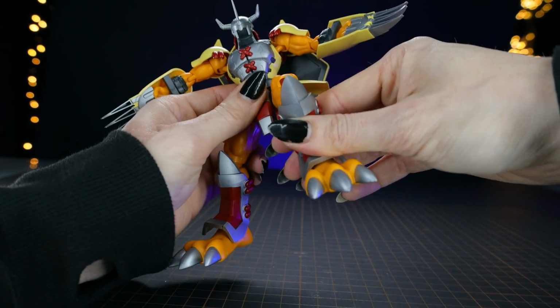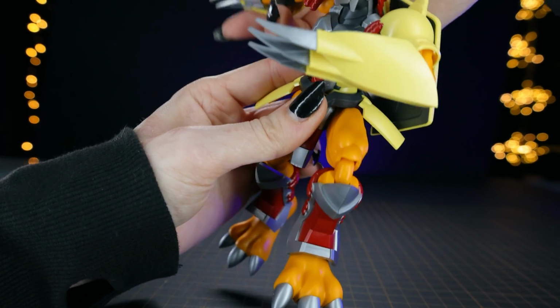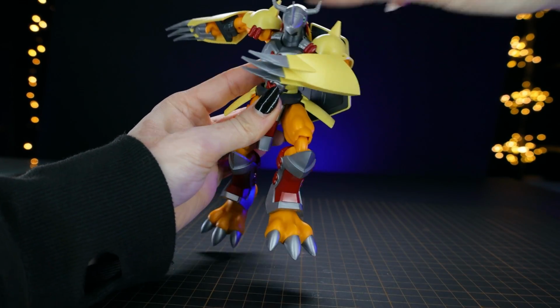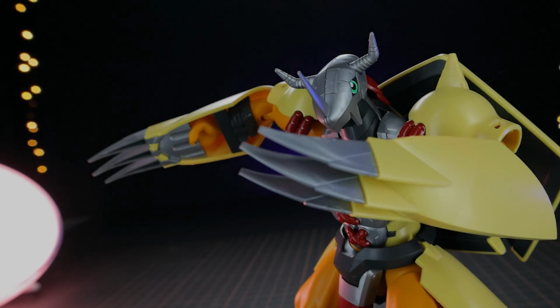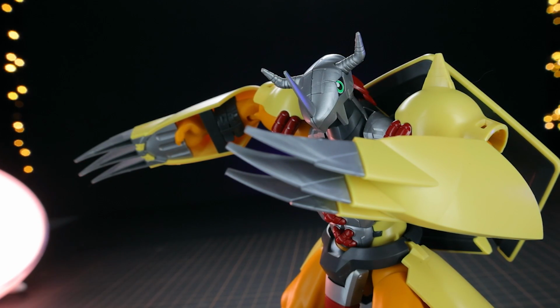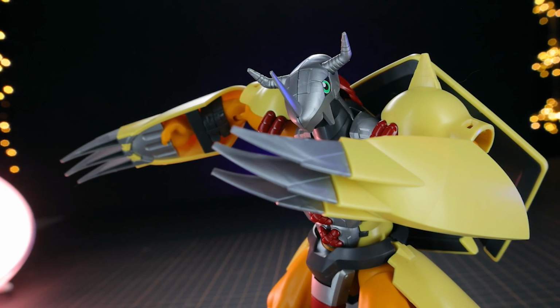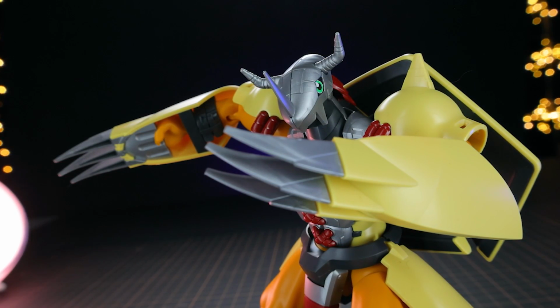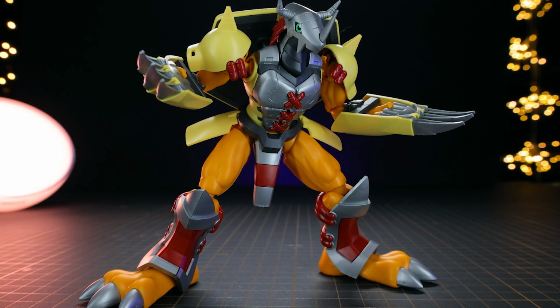Some aspects are good, some aspects could be a little bit better. Will you get dynamic poses out of it? Definitely not, but you'll get a couple, but nothing fantastic and nothing too natural looking. So anyway, that right there is it for the review, and what can I say, this is a very basic model kit. It's not as nice as we would have seen with the WarGreymon Amplified, so if you want a really good, fairly decent over-the-top model kit that will get you some good poses, I would say go for the